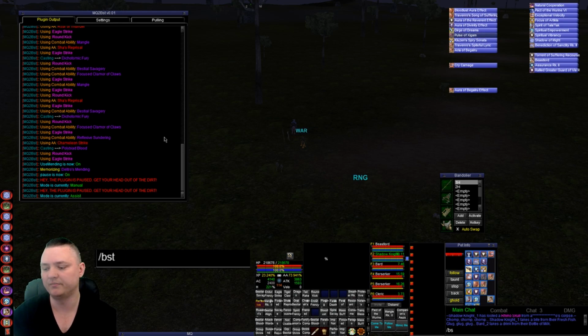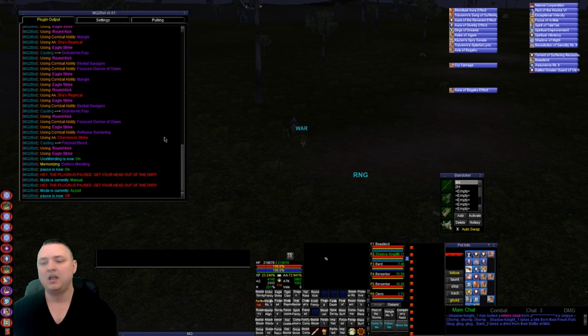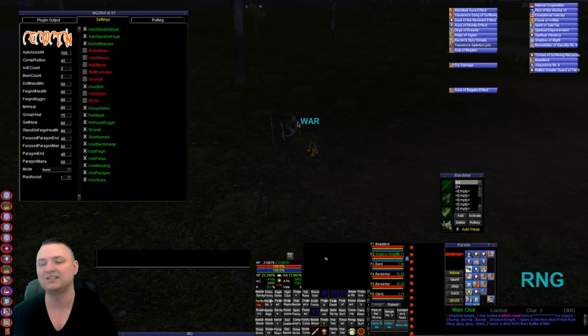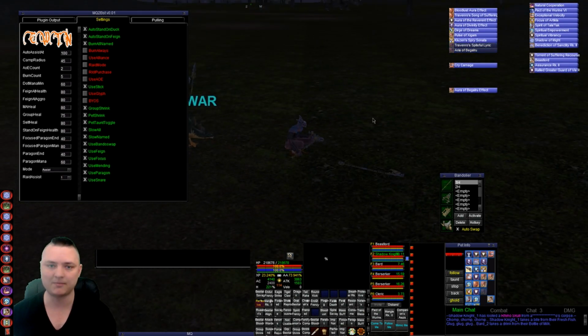But let's turn this off. Beast pause, if I can spell, off. And since I'm in assist mode, I'm sitting back down and waiting for combat to happen. Now, just like the other chat with this name class plugins,